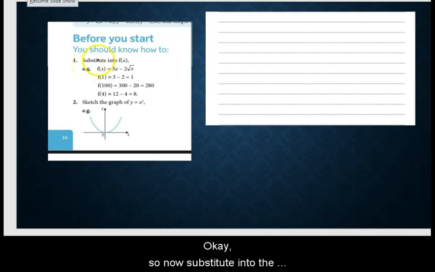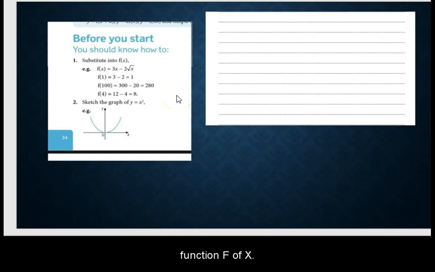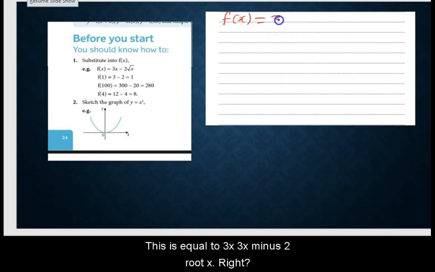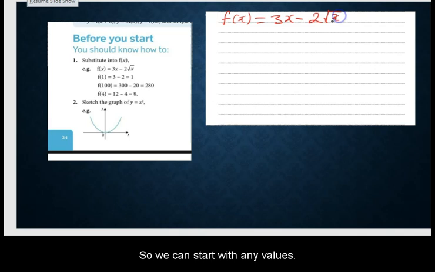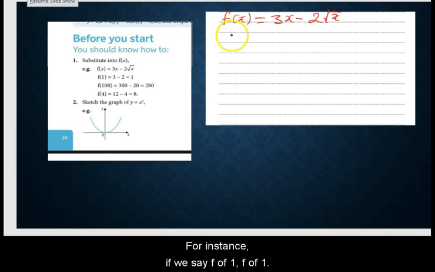Okay, so now substitute into the function f of x. Take the example that you are given. We have f of x equal to 3x minus 2 root x, right? So we can start with any values. Let's take an integer 1, for instance. If we say f of 1,